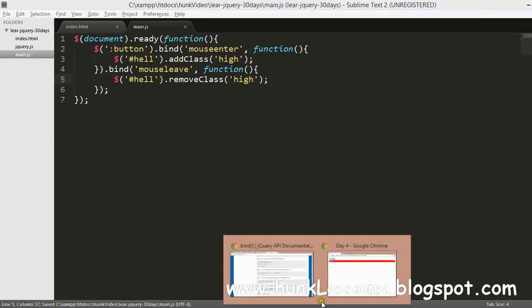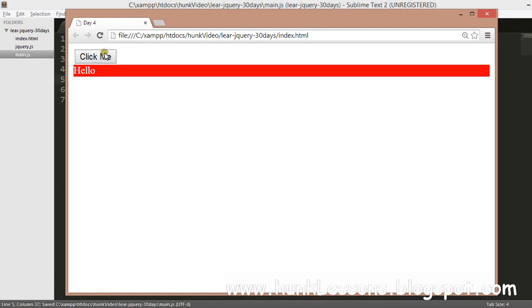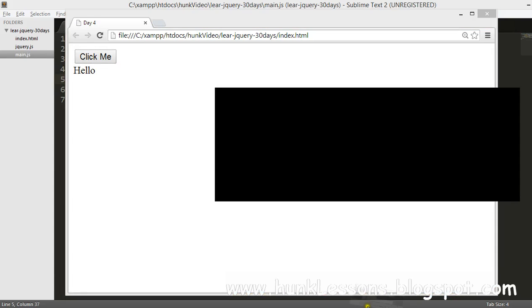Okay, we will refresh the page. When we enter the mouse, it adds the class. When we leave the button, when we remove the cursor from the button, it removes the class. Add, remove, add, remove, add, remove.